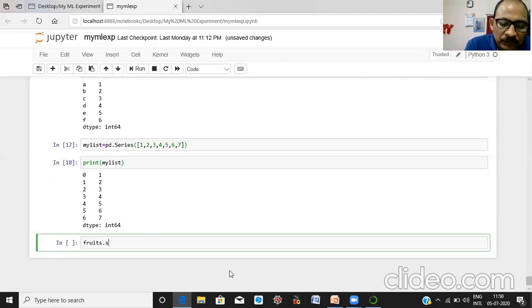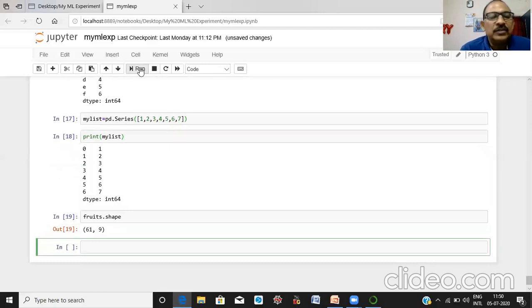And suppose you want to see the shape of this data frame. Okay, 61 elements, 61 instances of data, and 9 columns. Okay. And what are the labels? Let us see. What are the contents? Let us see.